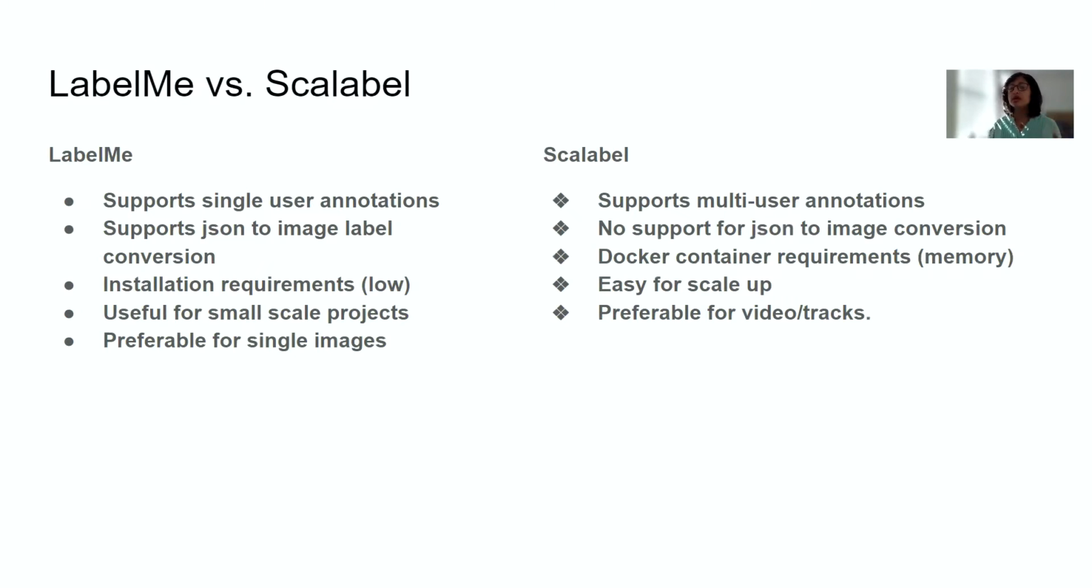In this case, the output is in JSON format. So you cannot really generate images out of that. So in order for you to generate images out of the JSON, you will again have to go back to LabelMe. The third and the most key change in this case is that Scalabel has a Docker container